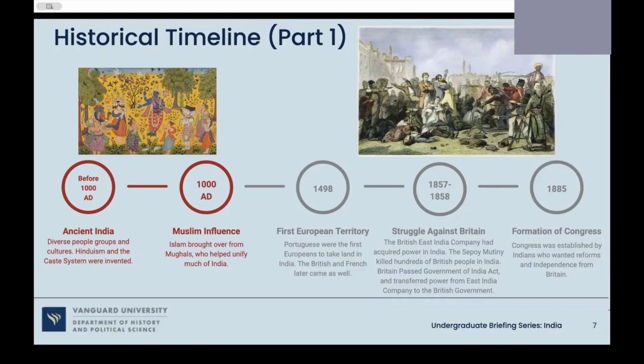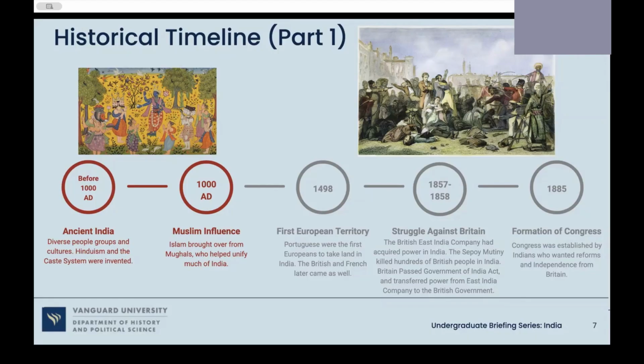This started because the British brought over certain guns, and the guns had to be cleaned with certain animal fats. And those animal fats were cow and also pig, and the pig fat was offensive to Muslim people and the cow fat to the Hindus. That didn't agree with their culture. So that is kind of the root of the mutiny, and that ended up killing a lot of British citizens.